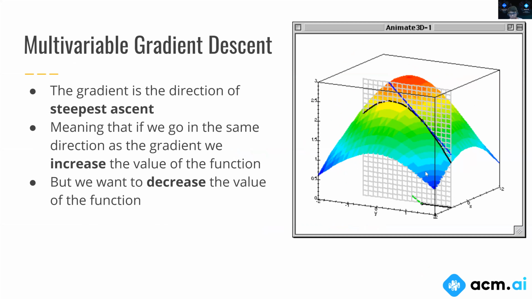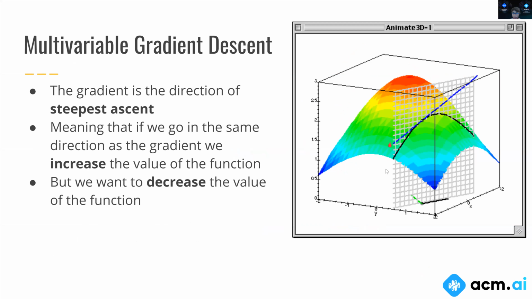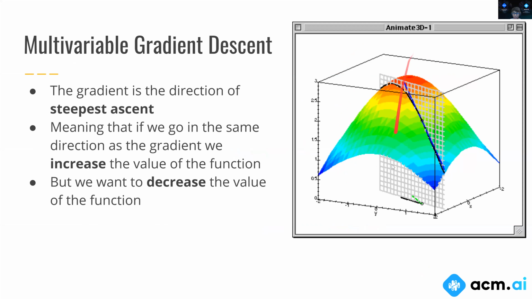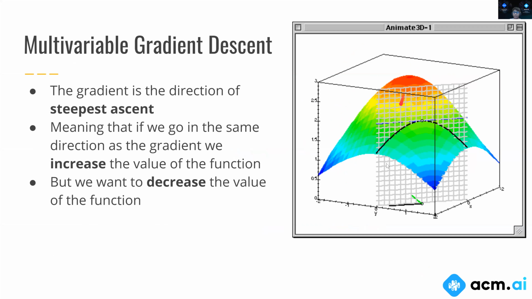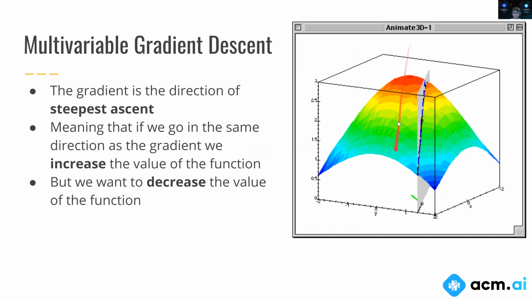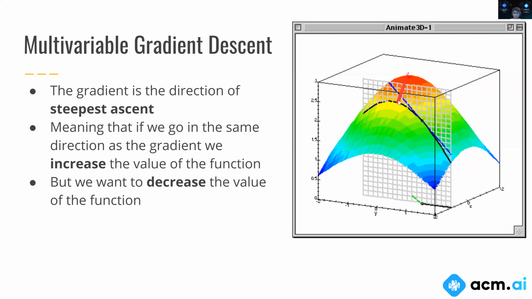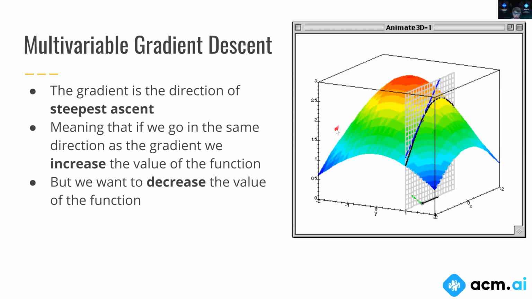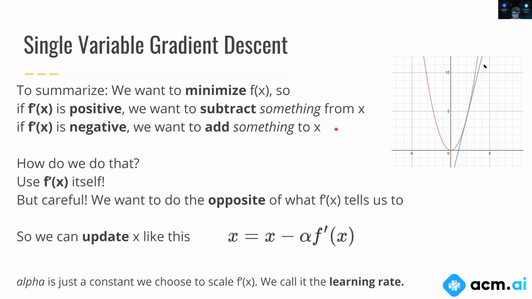Actually, sorry, let me back up there really quick. The gradient is going to be pointing along the surface, but it's going to be perpendicular to this normal vector. So you see here, the slope is along the surface, whereas at this point, the normal vector is going to be perpendicular to it. So you have the gradient and you have a normal vector. Sorry about that mess up.